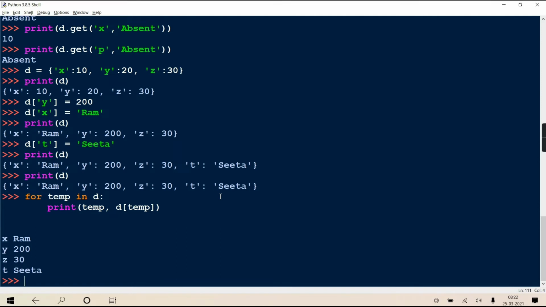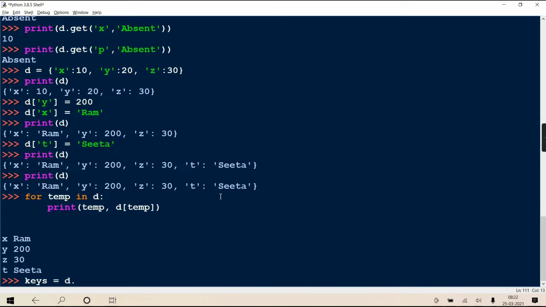Now there is another provision also. There are some methods of your dictionary class, means the dictionary class is having some methods that you can use. Methods like d dot keys are also present.